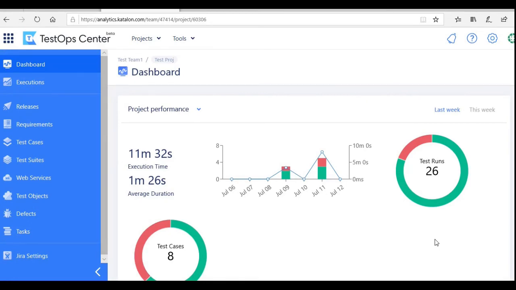This way you can work with Katalon TestOps, you can analyze your reports, you can create a test plan, you can execute the tests, and you can raise defects in Jira by integrating Jira with Katalon TestOps. You can even manage the test cases from Jira and with Katalon TestOps.